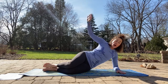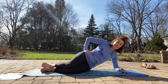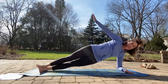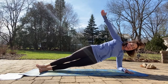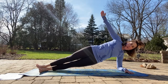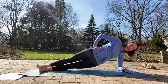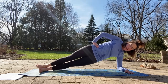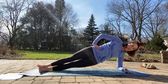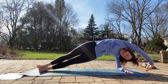Your left arm is down. You're going to press into those feet and find that side plank. You're just going to hold this for 6, 5, 4, 3, 2, 1, and we're going to go to hip dips for 6, 5, 4, 3, 2, 1, and one big stretch over,